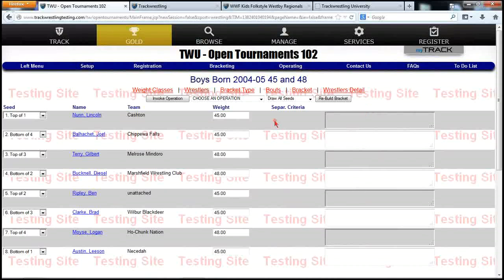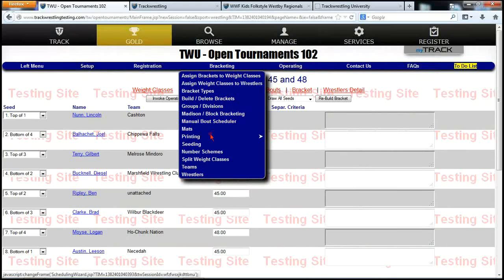Now, there's a few options in building brackets too, and I'm going to skim over them tonight because these are less likely for you to need to know how to do. But we do have a whole other course that's just dedicated to seeding and building brackets using some of these different seeding options. But if I go back to the bracketing menu and click on seeding,